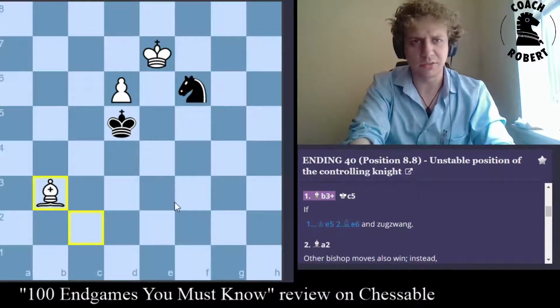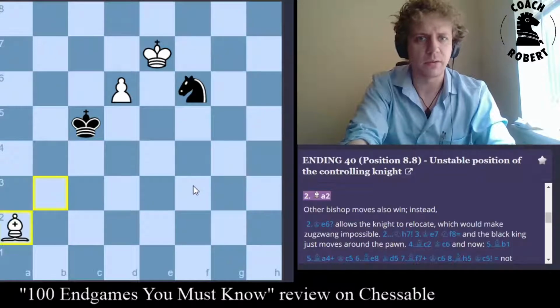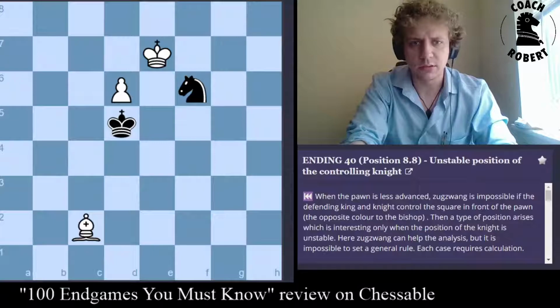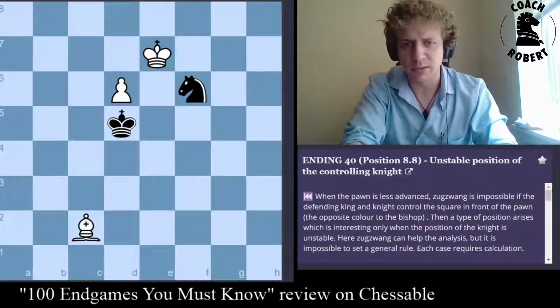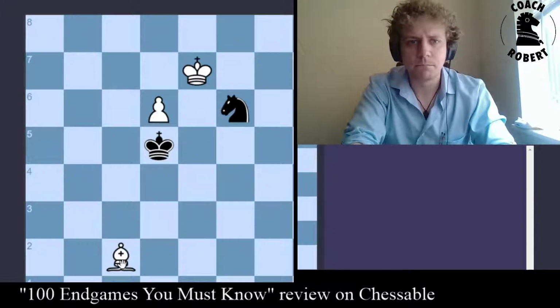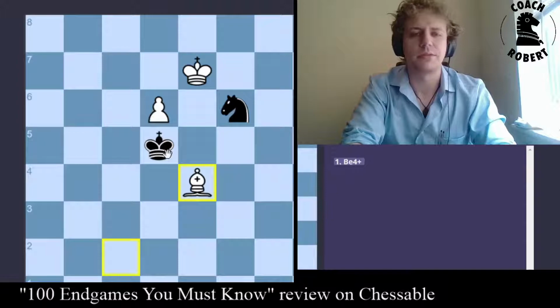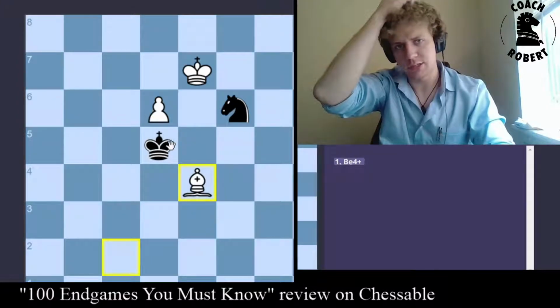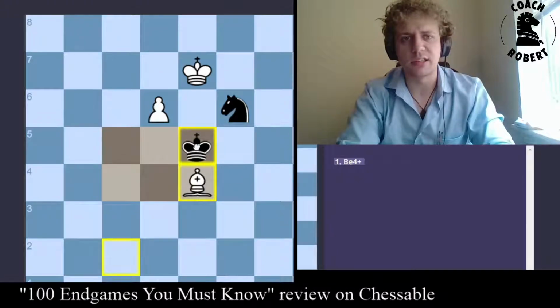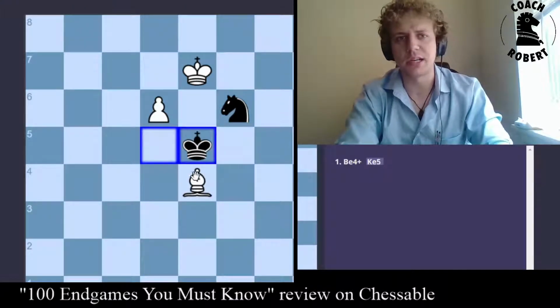Let's just see if there's actually something interesting about... First, let's check the first move. I think bishop e4 might win. This is draw... Oh, king e5. I did not consider king e5. I thought they would just take the bishop. And here, I was kind of thinking something like...